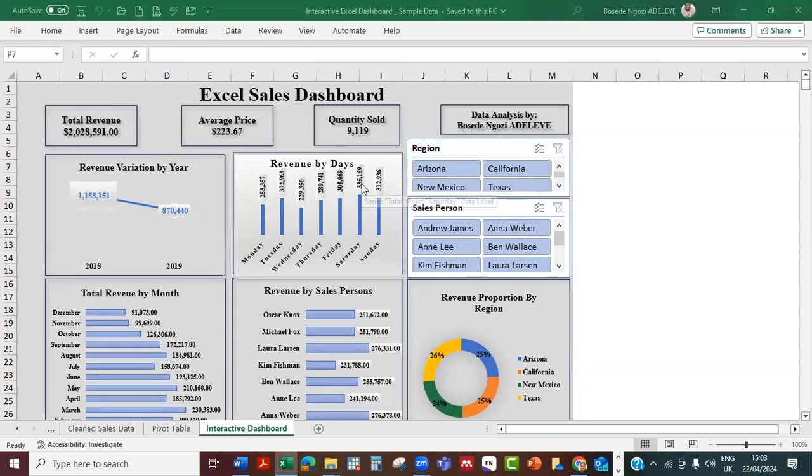The highest revenue recorded by days is on Saturday with about $335,000, while the total revenue recorded by months, which shows March having the highest with about $230,000. Looking at salesperson's categorization, the salesperson that shows the highest revenue is Laura with